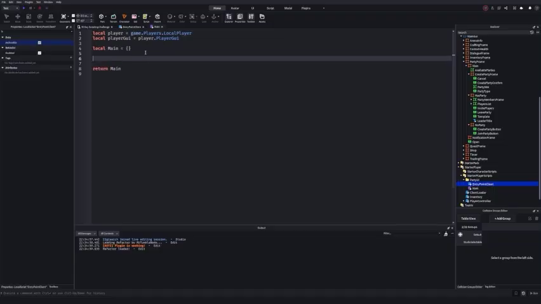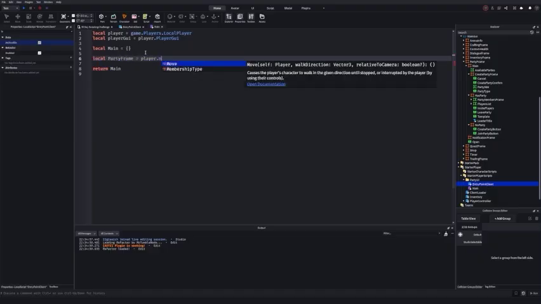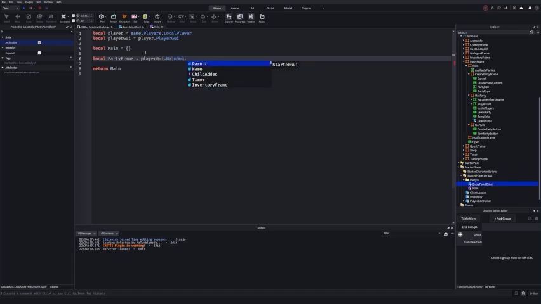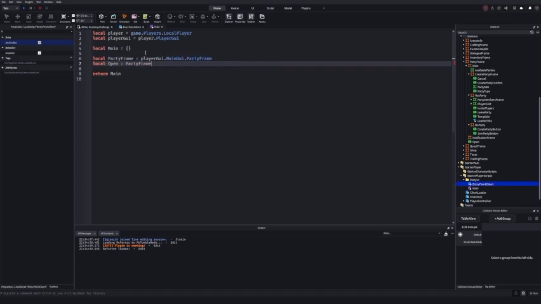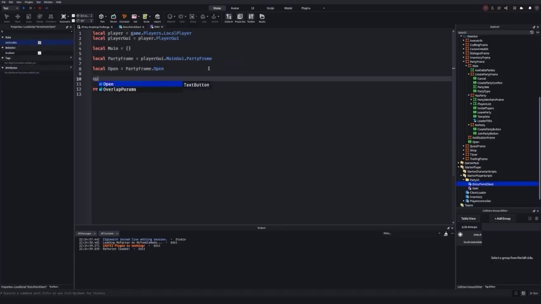Anyways, we simply just now need to get all of our main UI, and for that I'm going to be talking about the open button. So we could say local partyFrame. It's going to equal playerGui.MainGui.PartyFrame here, and we can say local open will be the partyFrame.Open. And essentially what we want here is when this button is open, we need to have it run